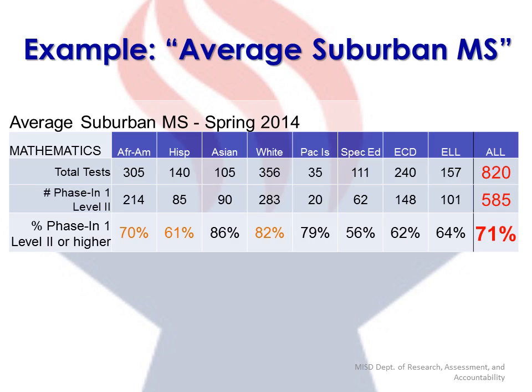One of the best ways to understand index calculation is to see a sample. So here we have a table of data for a fictional campus called Average Suburban Middle School. This table shows mathematics data for 8 student groups, as well as all students. Notice that it's not divided by grade level because the accountability system examines all students in a given campus regardless